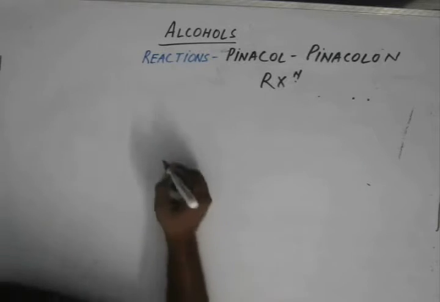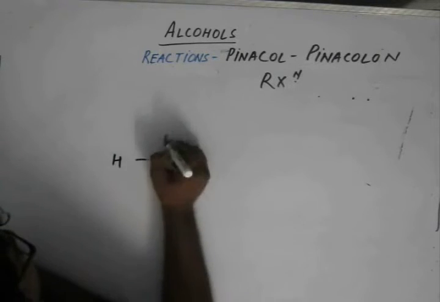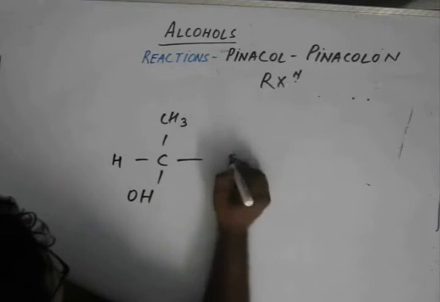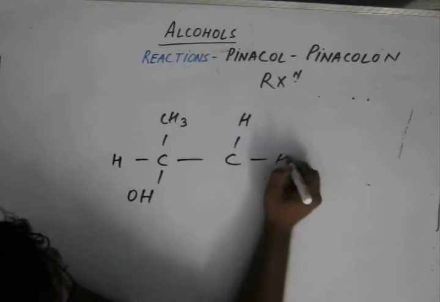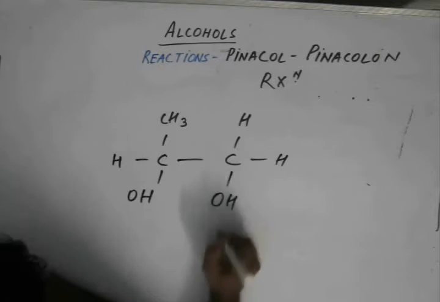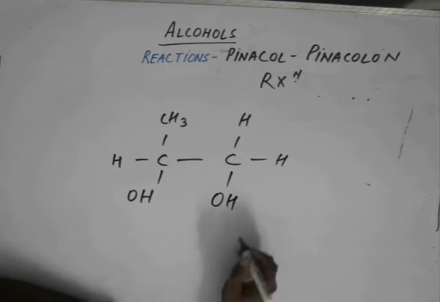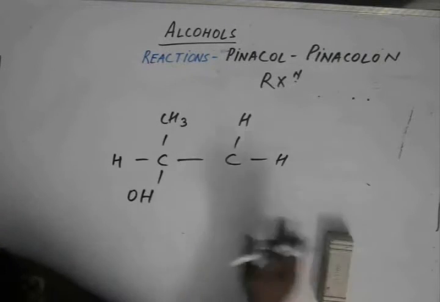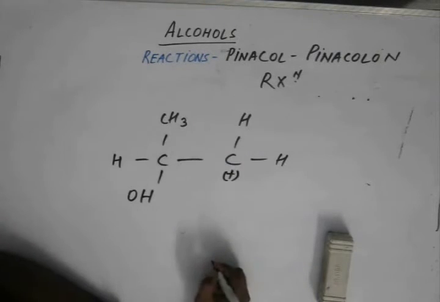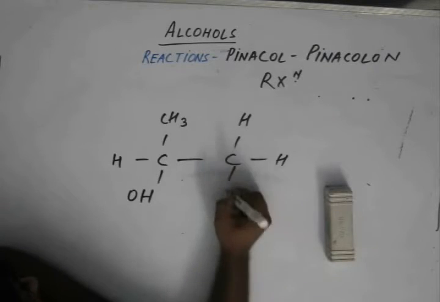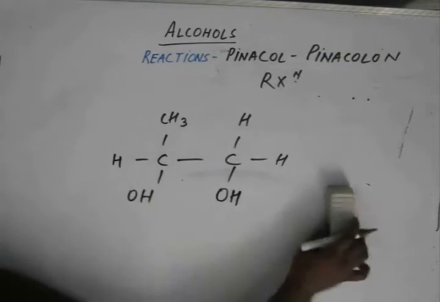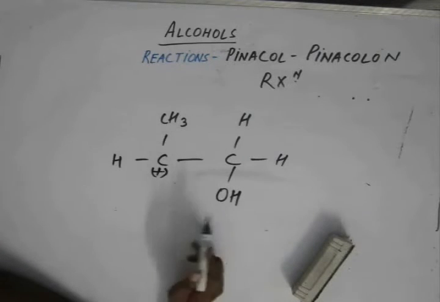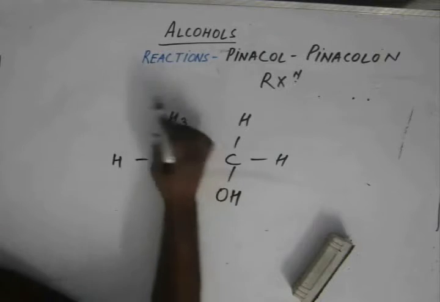For instance, if we have CH3, OH, CH and OH. Now if the H+ attacks this OH, we are left with a carbocation like this. And in the other case, if the H+ ion attacks this OH, we are left with a carbocation like this. So the attack of the H+ is favored on this OH because a more stable carbocation